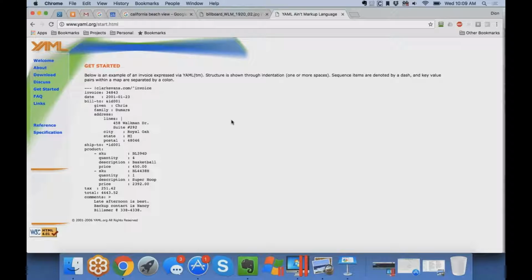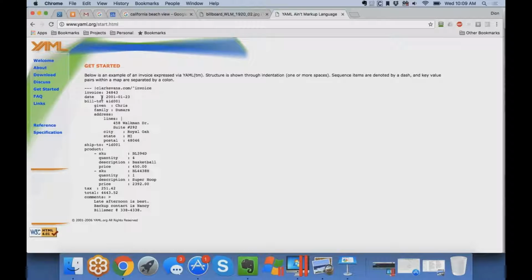So we've enabled the ability for you to create, manipulate, and use YAML within Alpha. You can see this is an example of a YAML structure for an invoice. It's very simple, very human readable. Part of the problem with XML and earlier ILK was that they're very complex, meaning that you had a whole bunch of tags and all this other stuff